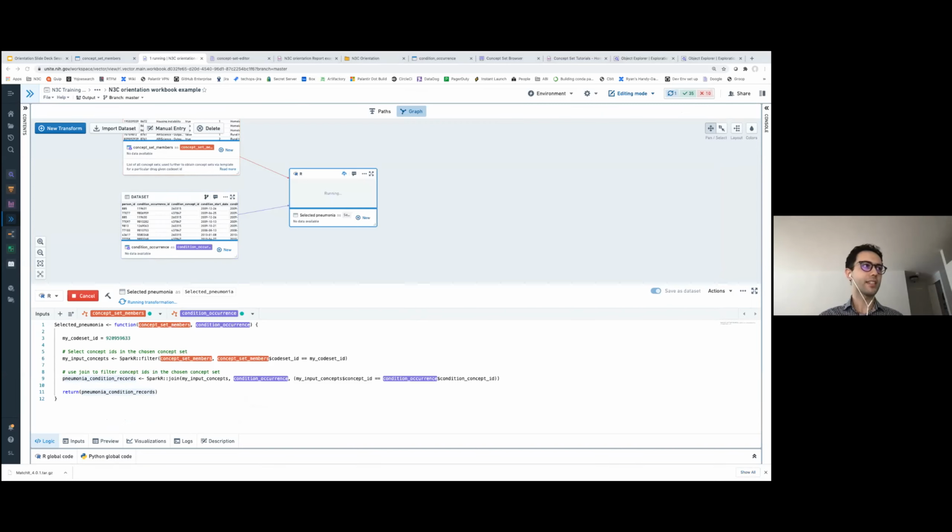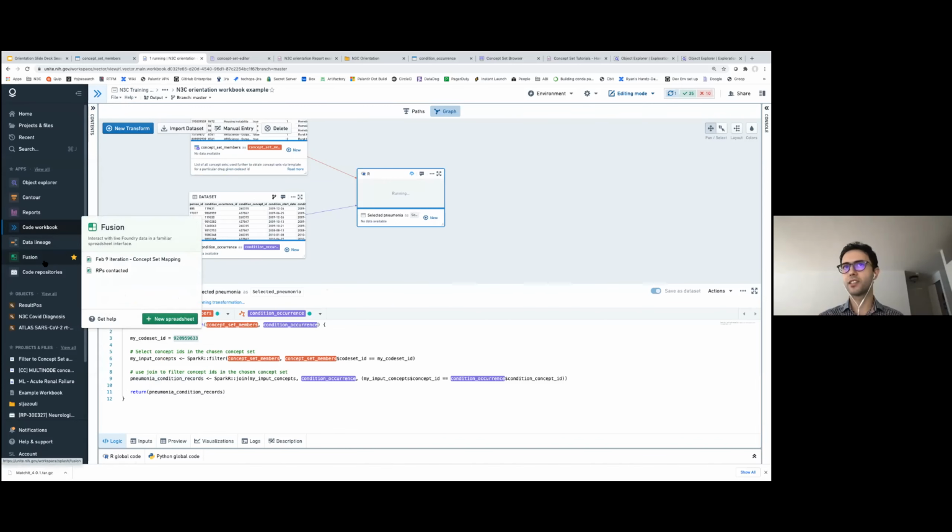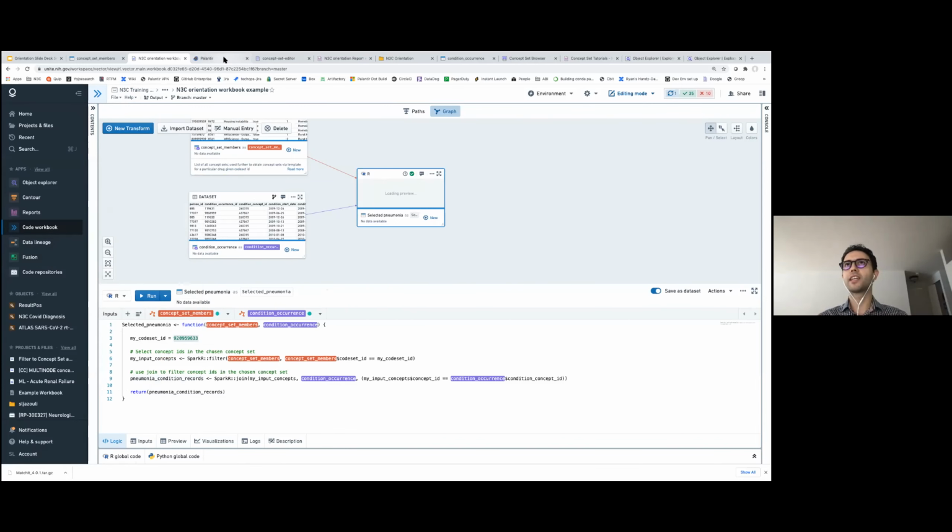So while it's doing that, I may want to show, as you can see in this code, I'm hard coding my code set ID in here, which is not always an elegant way to do it, especially if I start having to maintain multiple concept IDs, multiple concept sets, and I want to iterate and change them. So if I want to have a configuration file on which I change these code set IDs and have it run in here, I can use a spreadsheet called the Fusion spreadsheet. And this will be basically my configuration file.